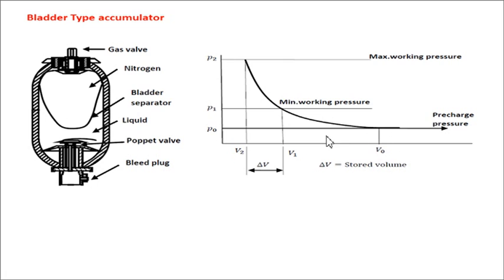Now as charging starts, the volume goes on decreasing and the pressure goes on increasing. Because of this inverse relationship, this graph is reversed. You can find that at P0 V0 the volume is more and the pressure is less. As the volume decreases to V1, the pressure has increased to P1, and at the final stage of the charging, the volume of nitrogen gas becomes V2 and the pressure is high, that becomes P2.